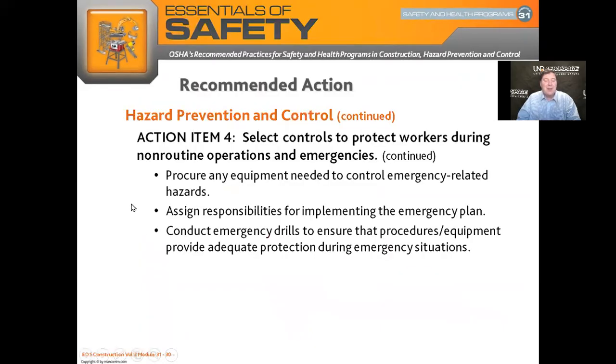Okay. So then you select the controls, and a really cool thing too is when you have an emergency, when you have a non-routine event that happens, you got to train people for it. So say you're in a construction site and you're inside, and say a fire develops. Well, most of your people, what you're going to do is you're going to train them that if there's a fire,